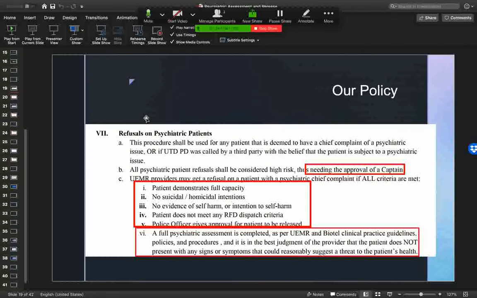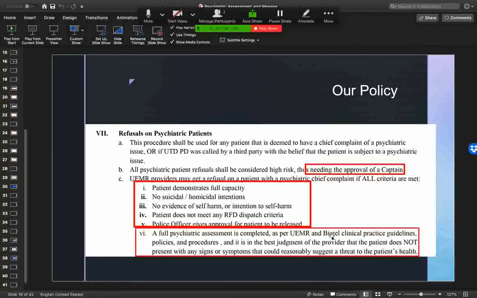The patient demonstrates full capacity. There's no homicidal or suicidal intentions. There's no evidence of self-harm or intention to self-harm. The patient does not meet any RFD upgrade criteria. And then the police officer gives approval, okay? The last one there is basically saying that the police officer doesn't want to APAL them, and we'll talk about APAL in a second. And then the last one is that a full psychiatric assessment is completed as per UEMR and